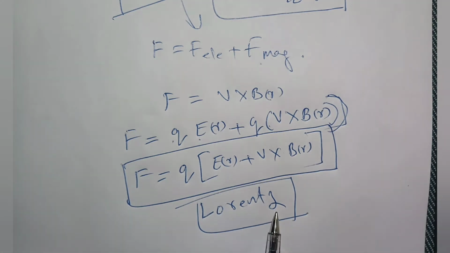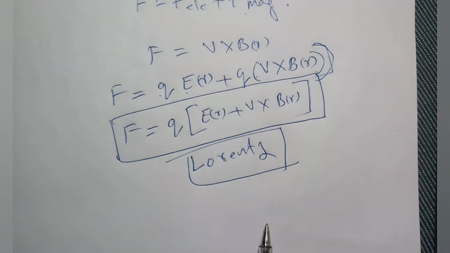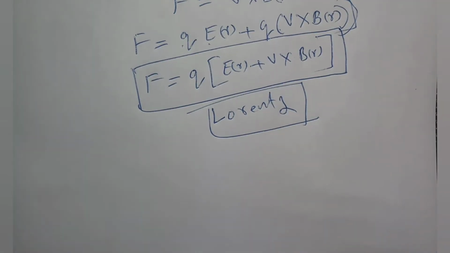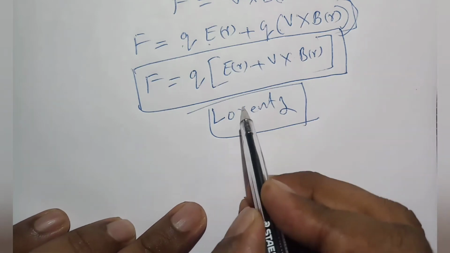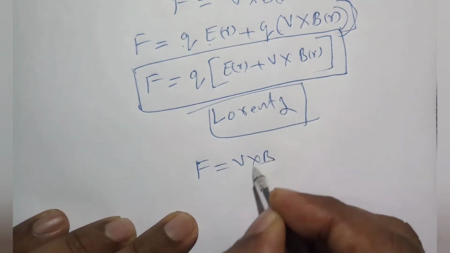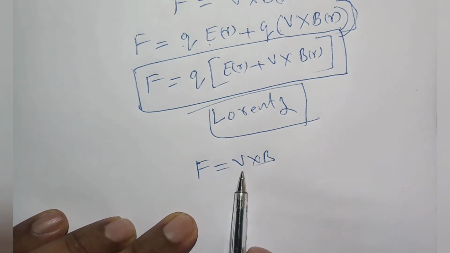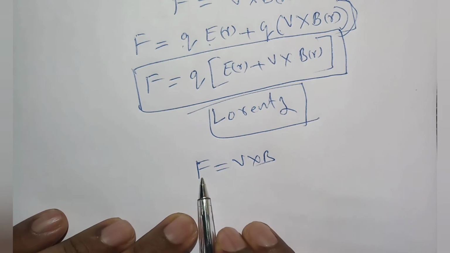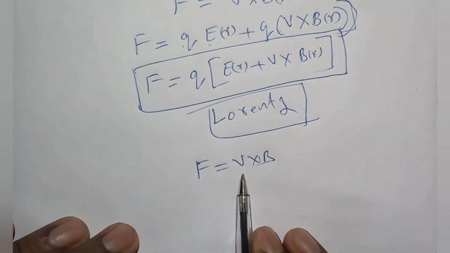Now when we discuss about Lorentz force, we have many things to remember. The first thing is, if you take the force, the equation we already wrote, we will write once more. F is equal to q V cross B. Okay, this V is the velocity of that one. The charged particle is moving, and B is the magnetic field. Now you see here, the force depends on both velocity and the magnetic field.